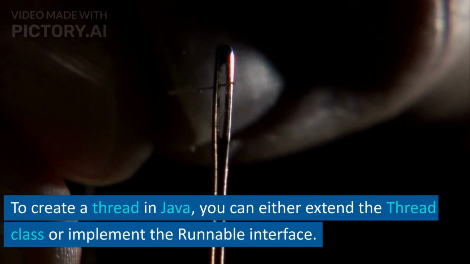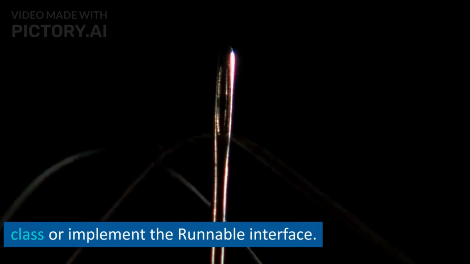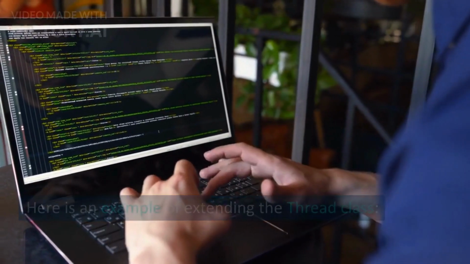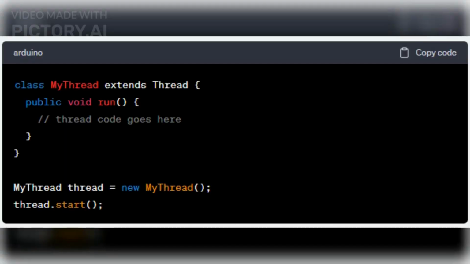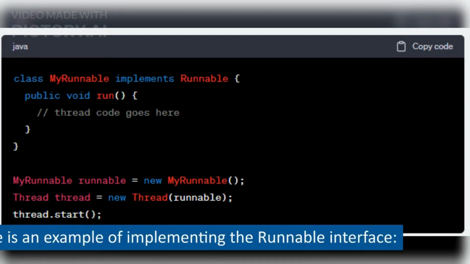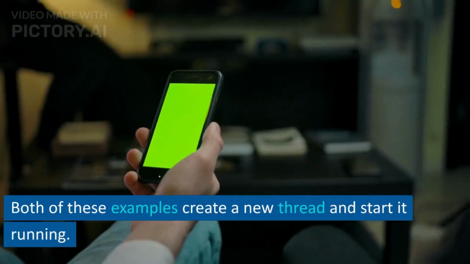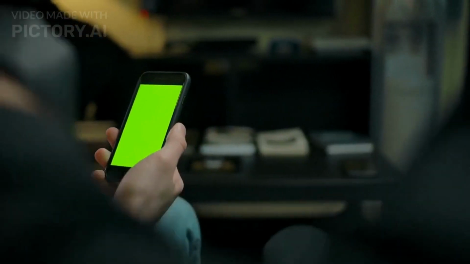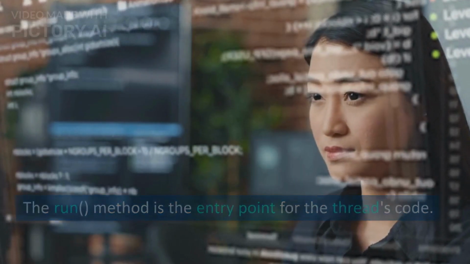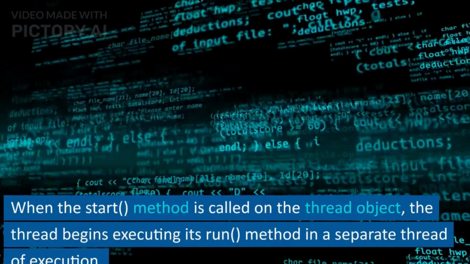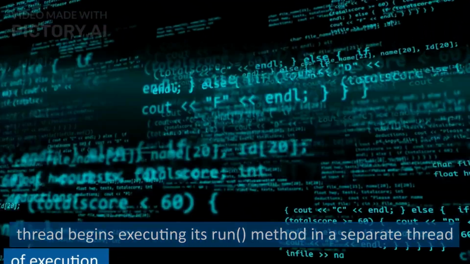Creating a thread in Java. To create a thread in Java, you can either extend the Thread class or implement the Runnable interface. Here is an example of extending the Thread class. Here is an example of implementing the Runnable interface. Both of these examples create a new thread and start it running. The run method is the entry point for the thread's code. When the start method is called on the thread object, the thread begins executing its run method in a separate